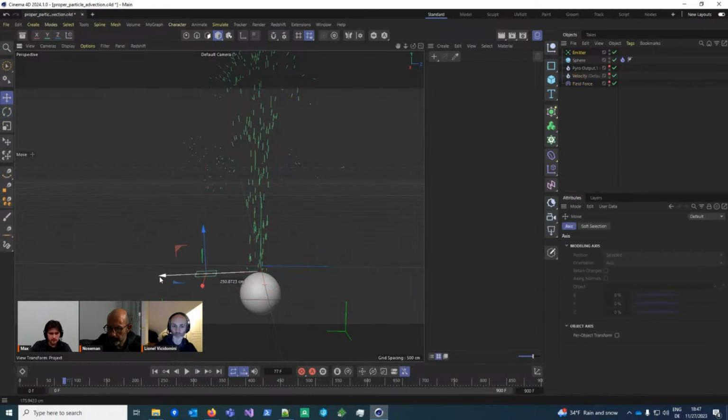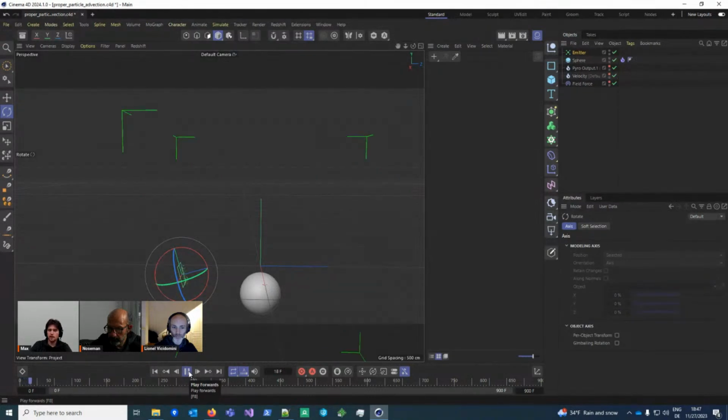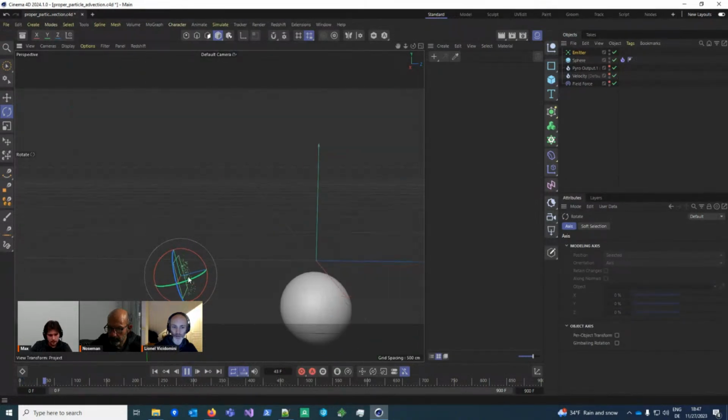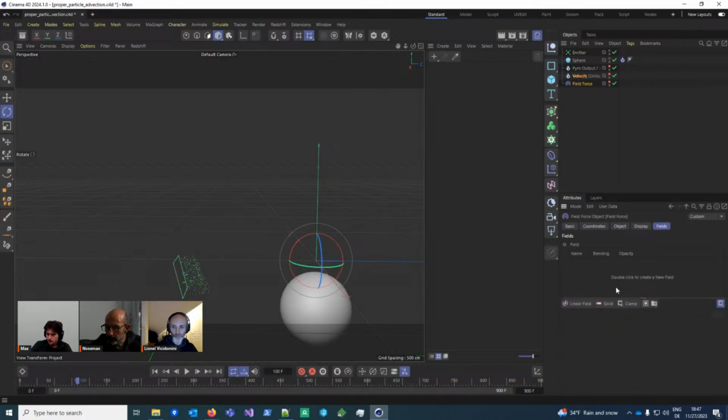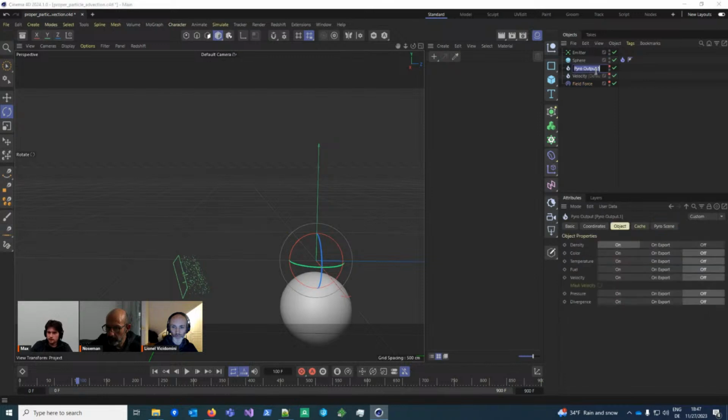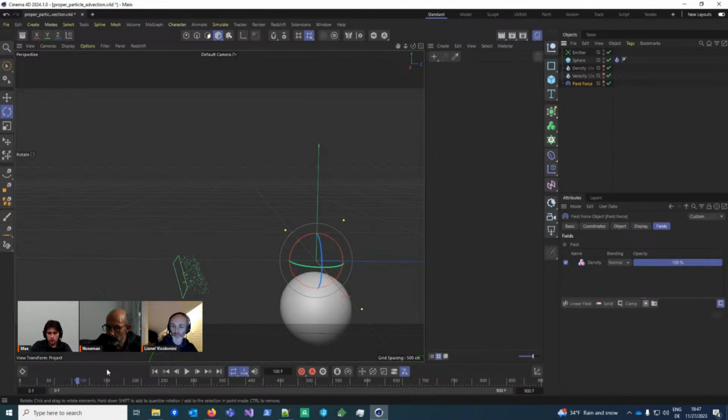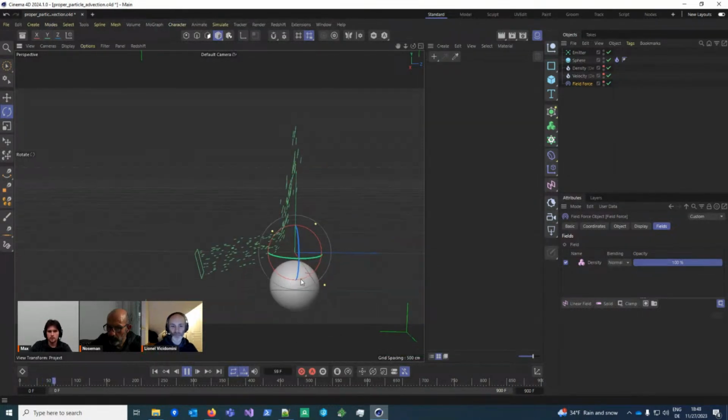Now, just the issue with this kind of setup is if the particles start moving from the outside of the volume, they don't do anything. Because the velocity is 0 here, and well, it's not quite 0. They will slowly be dragged in here and then go upwards, but it will take quite some time. And the way to improve this is you can have a fall off for the field force in here. And this now will download the density of the Pyro simulation, use it as a fall off, and now basically only where there's density, the field force will actually activate with the particles, and then it will set the velocity, and then they start moving with it.